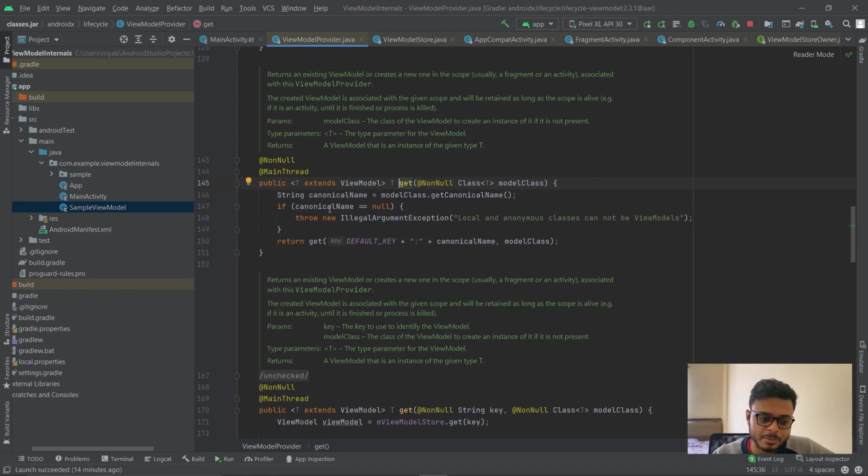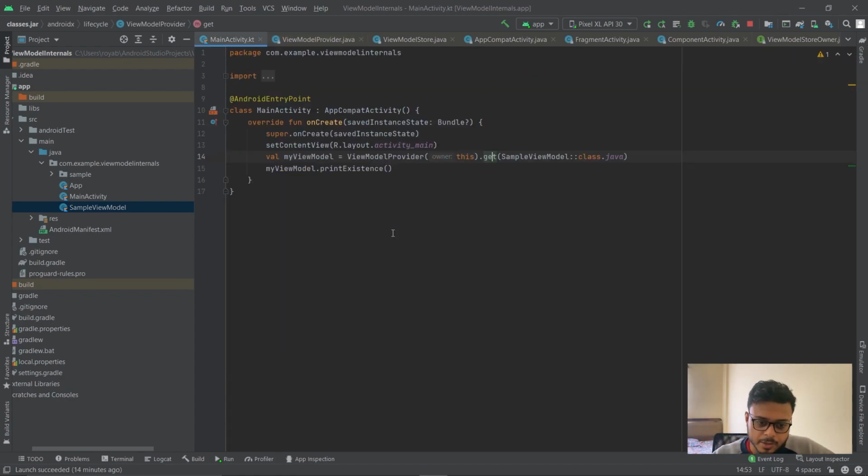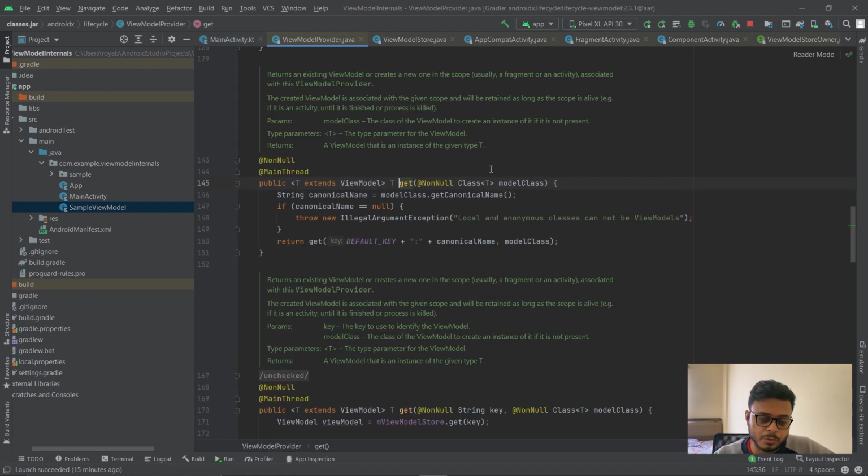So in the get method, we figure out the key for the hash map, right? So the hash map we saw in the view model. Then this get method tries to get hold of the view model using the key, right? So you figure out the key using the canonical name of the class appended with the default key.